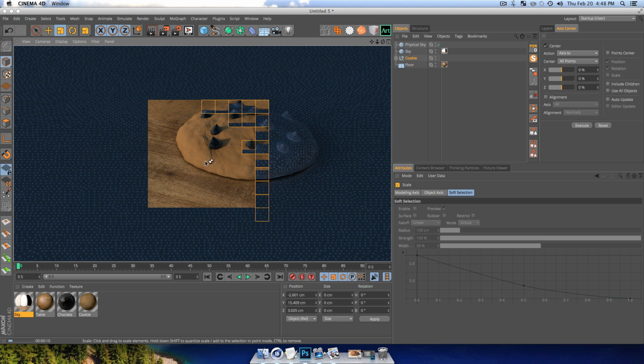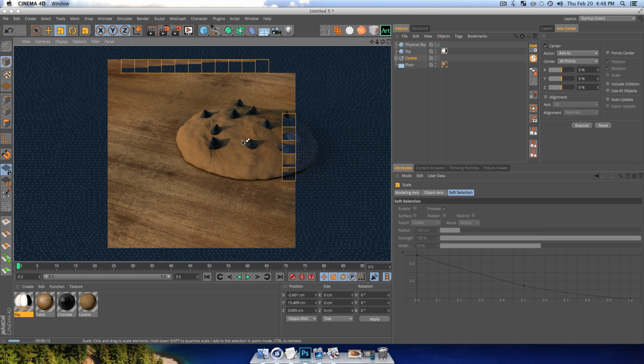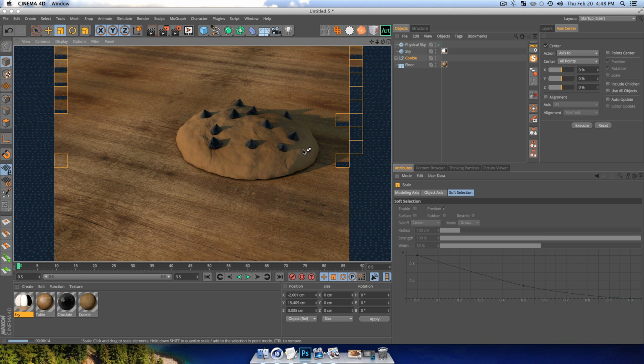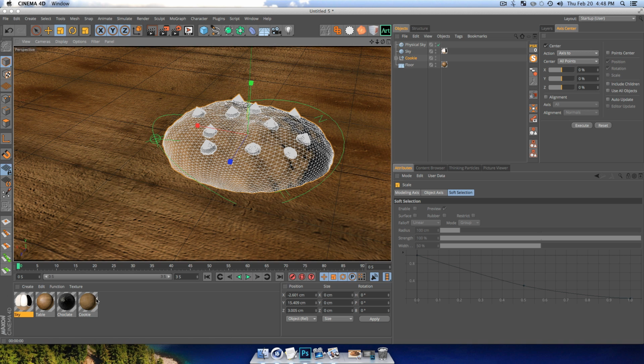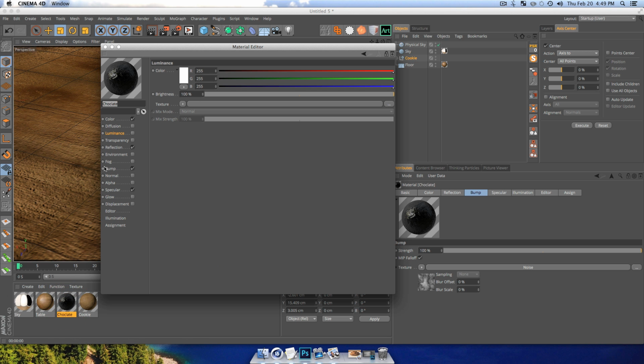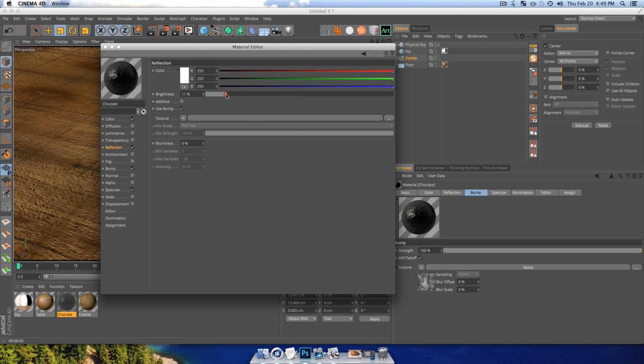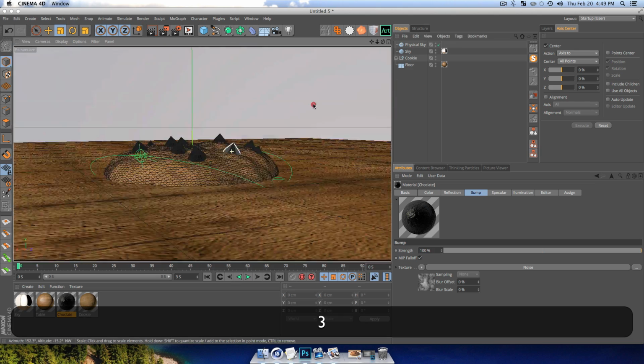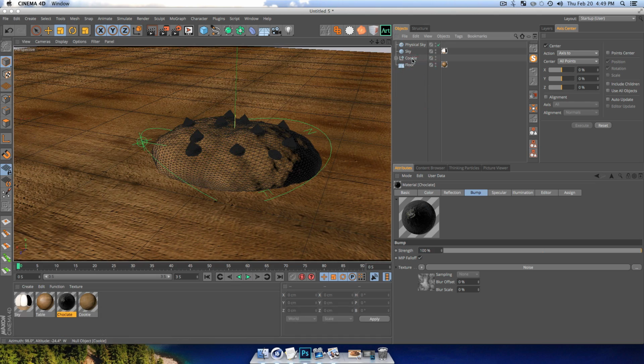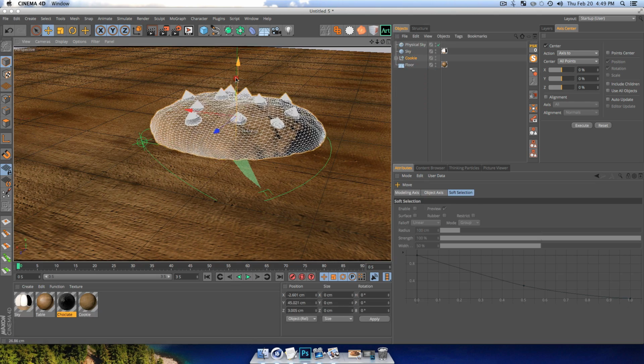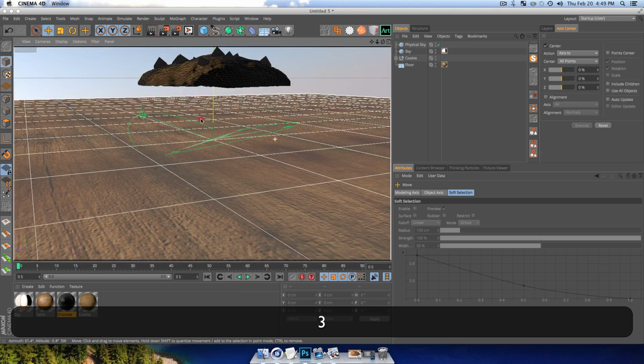Okay, so yeah, now we have the creases back in there and it looks much better. So that is definitely how I'd roll with that. I'm actually gonna click into my chocolate and just turn my reflection down a little bit. It's a little hot, and that should be good. Okay, so we have our cookie made, we have our physical sky and our global illumination happening from our HDR,